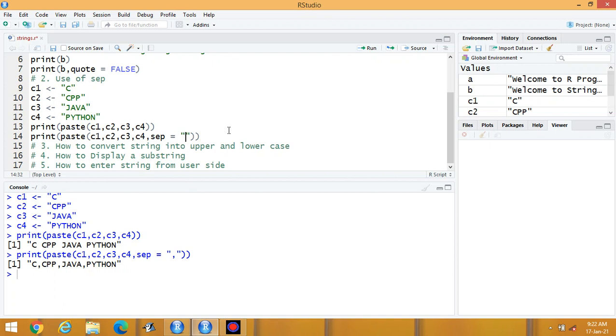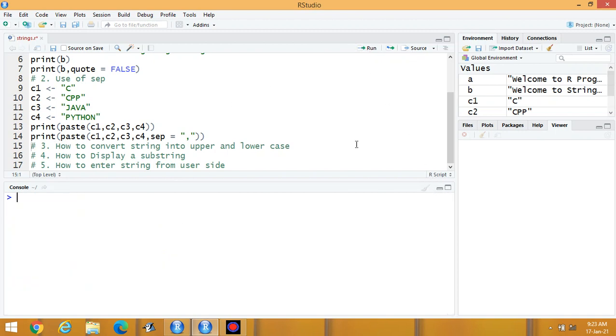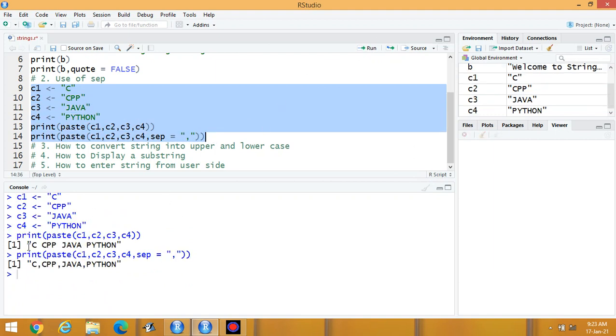You can place dots here or whatever is required. According to your choice, you can place the separator. But at this place, comma is the best separator. This one is without separator. And this one is with separator. That separator is in this program, comma.